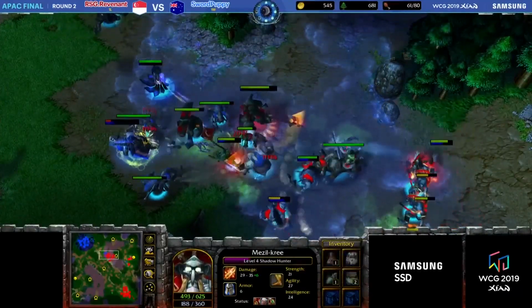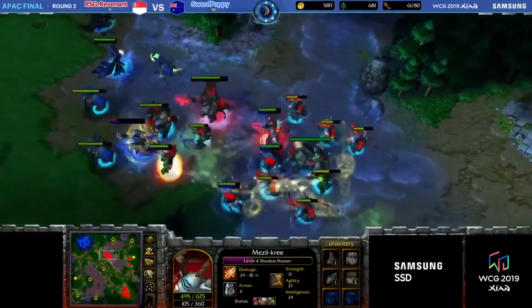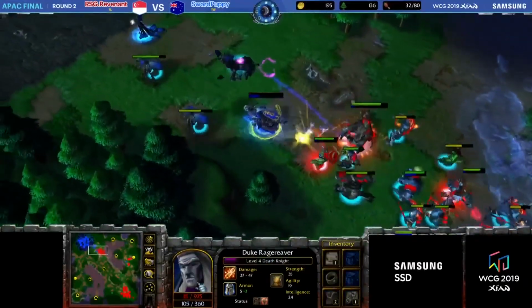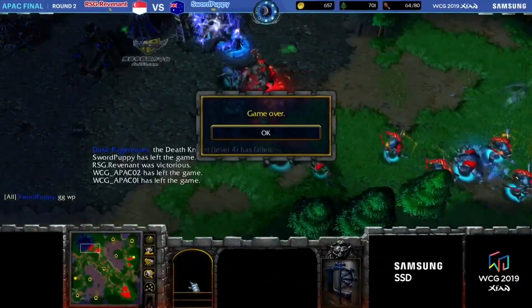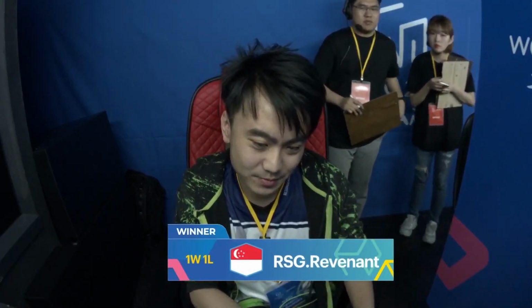The Death Knight being focused. Focused down. It's going to get the invul coming through and allow it to stay alive, stay in the fight a little bit longer. That doesn't last forever, and indeed, there is the Hex. The damage coming through, the last hits, come on! And that is a dead Death Knight. GG, well played from SwordPuppy, and Revenant will claim victory in game number 2. Congratulations to Revenant after a